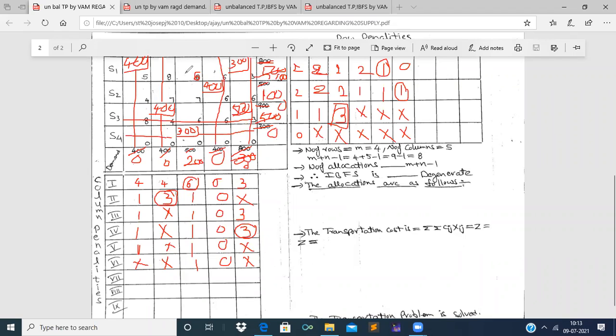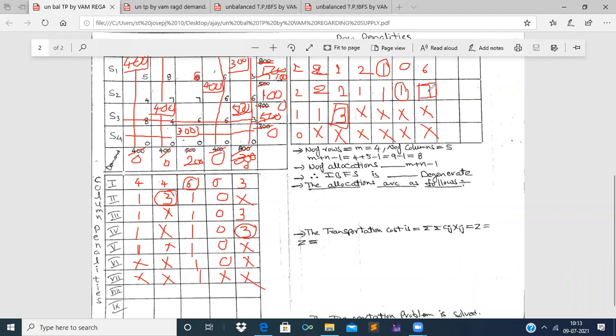Now see here in the first row, only one cost 6 is left. In the second row, 7 is left. No need of this third row and the fourth row penalties. And in the first column, no need to find. In second column also, no need to find the penalty. In the third column, 7 minus 6 is 1, and we need not find out this fourth column and the fifth column penalties. Of these row and column penalties, 6, 7, 1, the greatest penalty is 7.